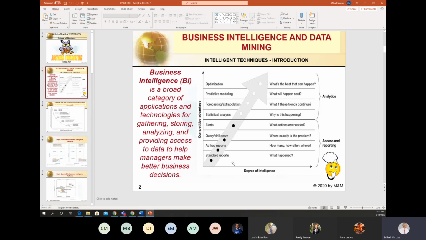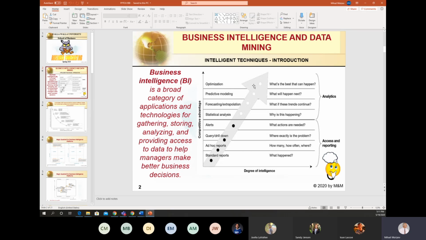They start with standard reports answering questions like what happened, what is the case, and after that come new and deeper analysis and more explanations with ad hoc reports, drill down, and queries that we know from Microsoft Access, and then the area of deep advanced analysis, where statistical analysis is used, and optimization.